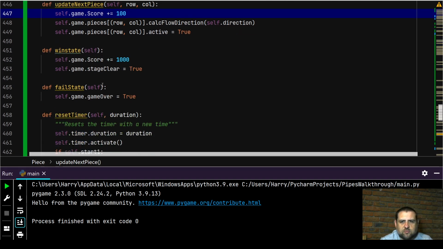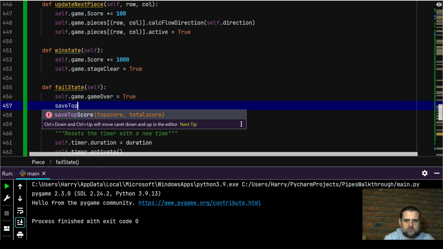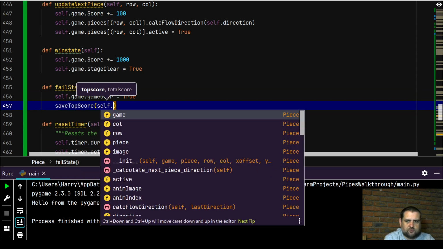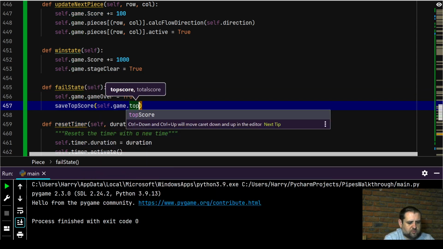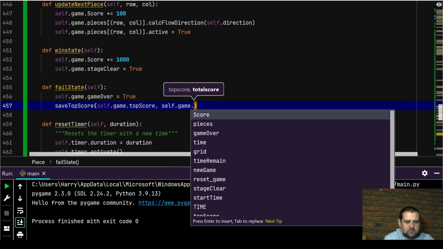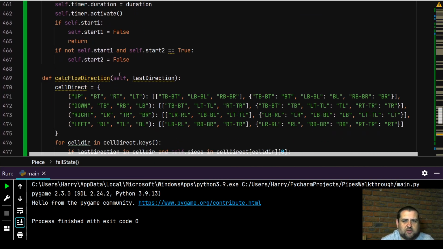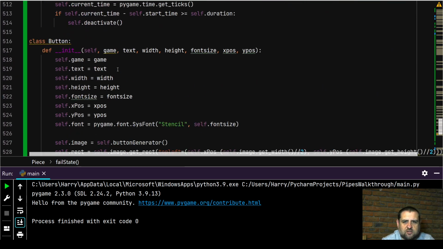Then, while we're here in the pieces method, self.game.game_over = True. We're also going to do the save top score: self.game.top_score = self.game.score. So when we're flowing along the water pipes like normal and it fails, it'll do that check immediately. But let's go down to our button class,